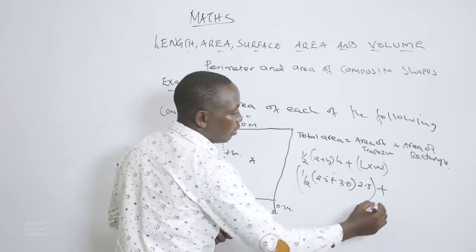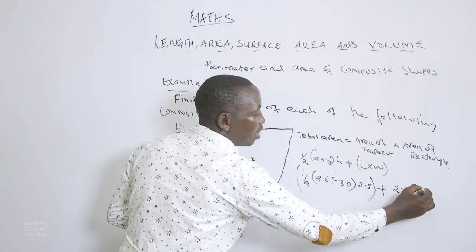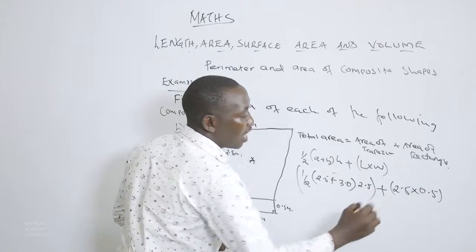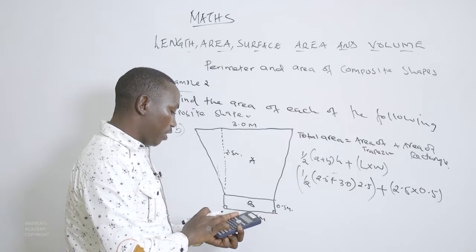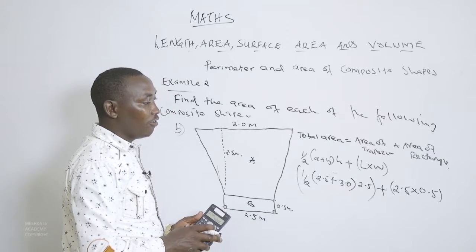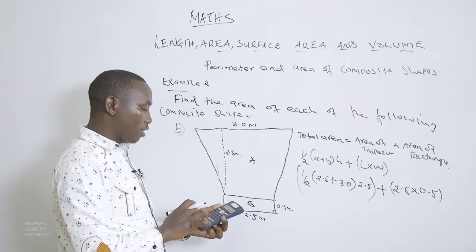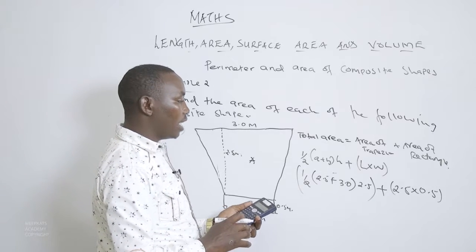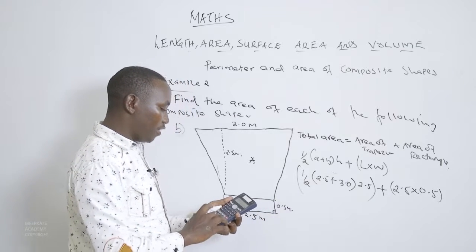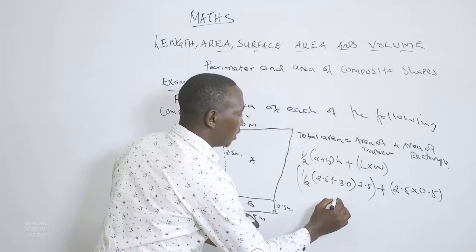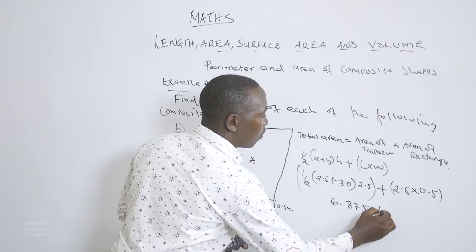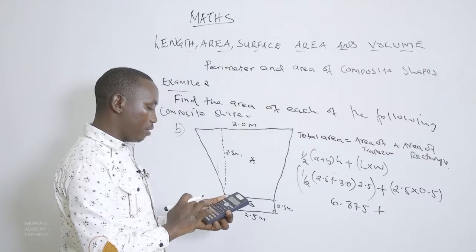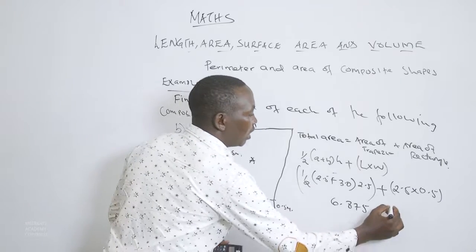The width is 0.5. So we shall have 2.5 multiplied by 0.5. When you do that, you add 2.5 plus 3, you'll get 5.5. 5.5 multiplied by 2.5, you'll get 13.75, divided by 2, we shall get 6.875. We add it to 2.5 multiplied by 0.5, which will give us